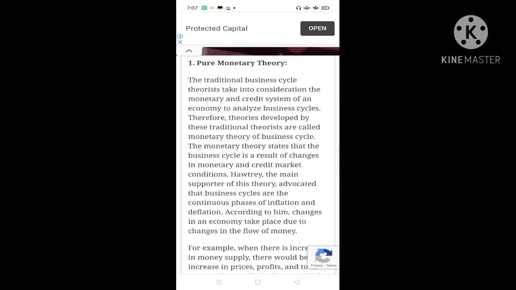According to him, business cycles are the continuous phases of inflation and deflation. Okay, that is, business cycle results from inflation and deflation. Changes in an economy take place due to changes in the flow of money. So, the flow of money will determine the changes in the economy. These changes will ultimately lead to the business cycle of the economy. For example,